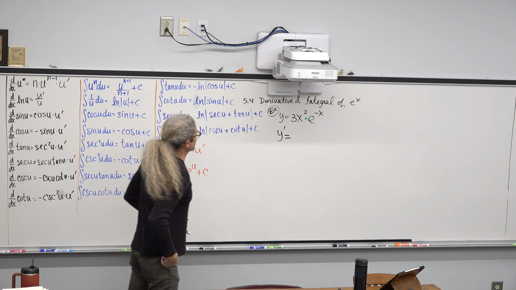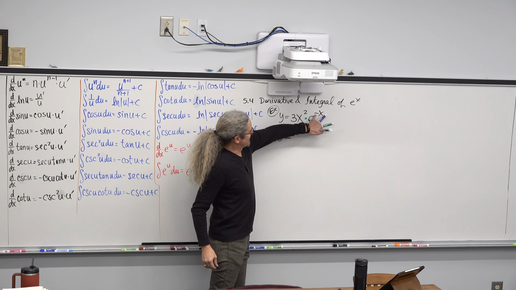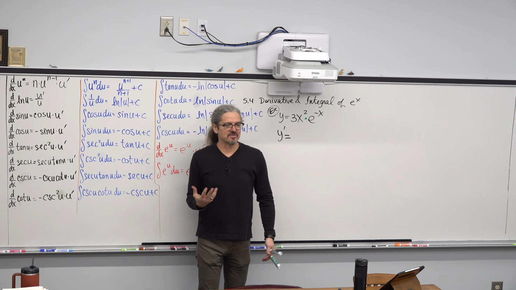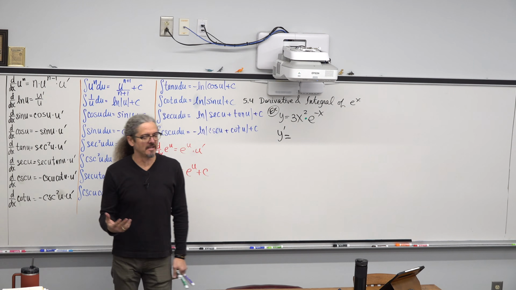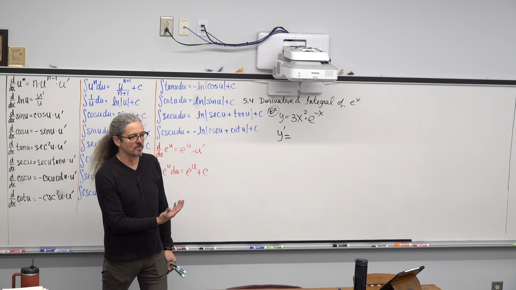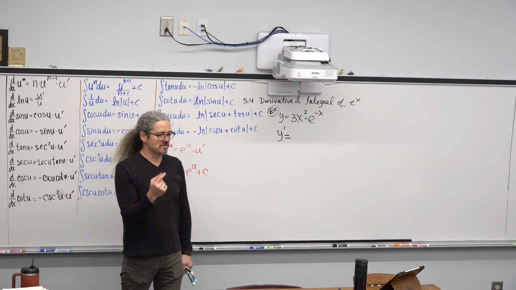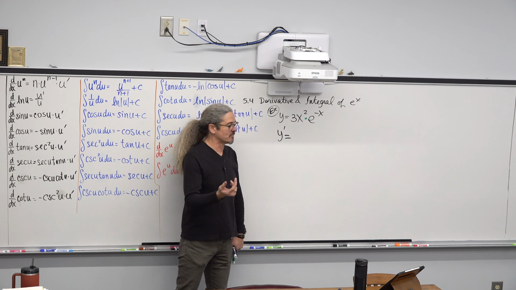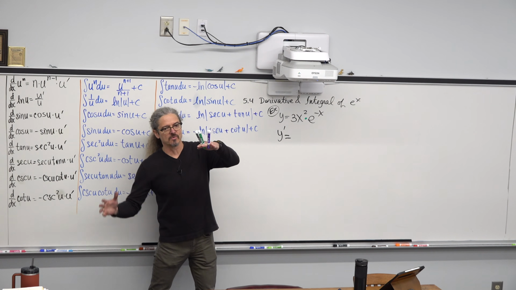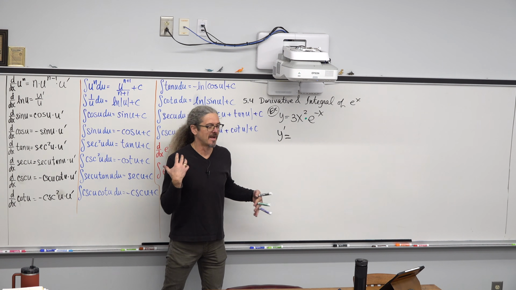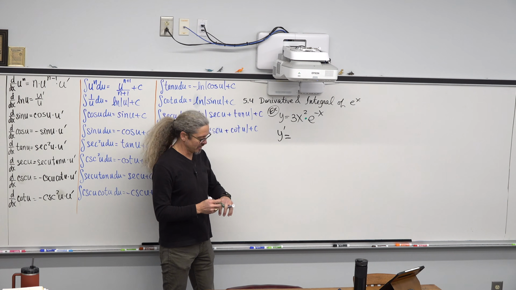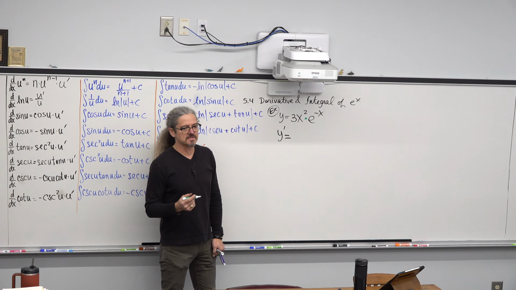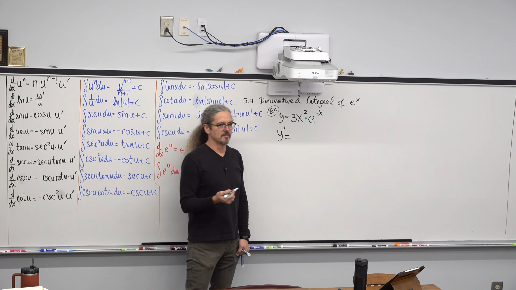We could make it a quotient rule because we have e to the negative x. It might even actually be better as a quotient, but we're going to leave this alone. I have found that generally, if I'm given a product, it is best to just use the product rule for derivative. If you're using our solution guide to help you with the learning process, I've already mentioned this a number of times, they like to take the quotient rule and make it into a product and do product rule. I tried to do that a lot when I was relearning calc to teach it live for the first time, and I eventually came to the conclusion it's just a waste of time. It actually makes a lot of problems more complex.